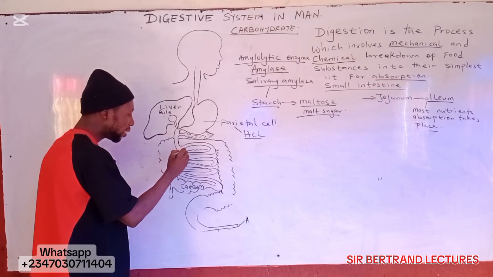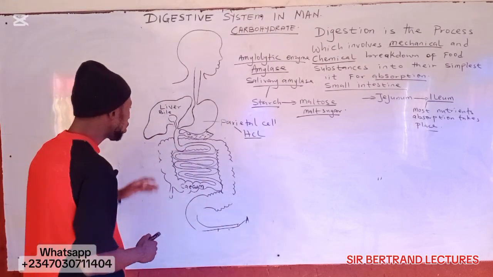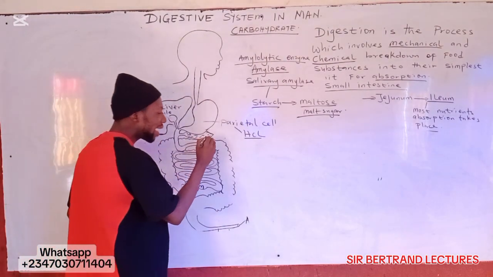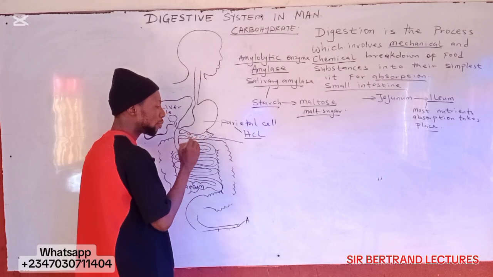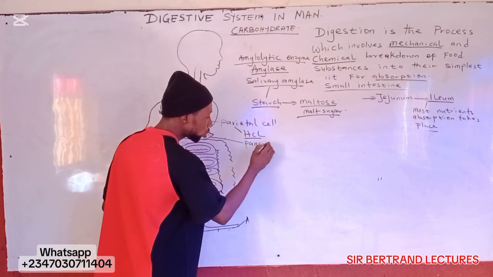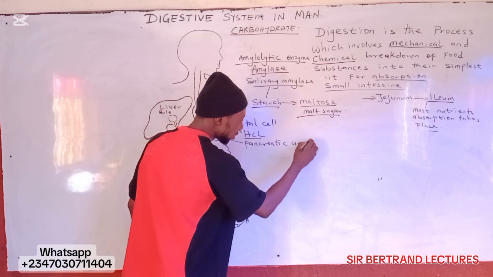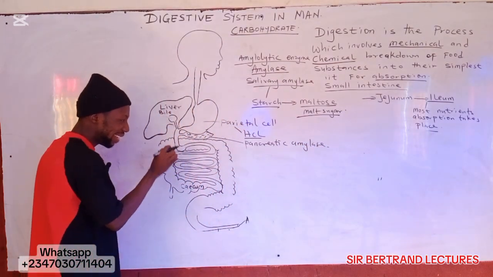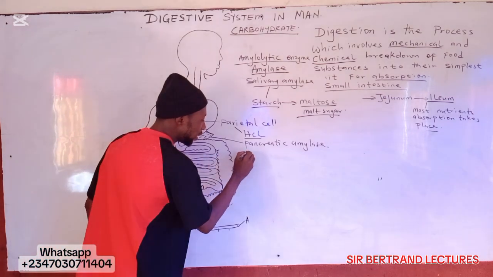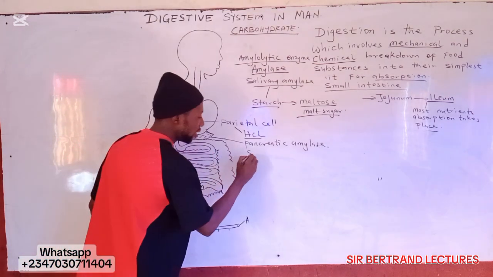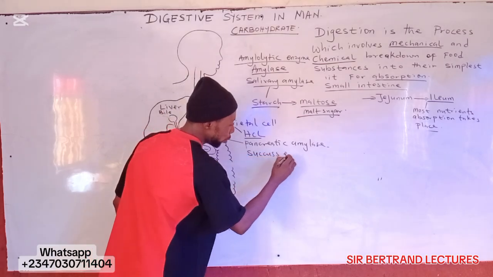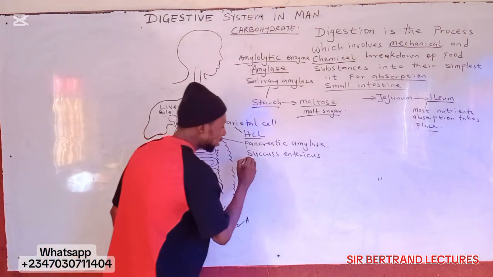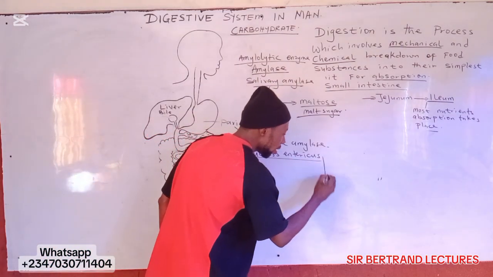Bile is also released here, which empties into the duodenum. Duodenum, as I said before, is the first part of the small intestine where most digestion of food ends. Now, this is the pancreas. I've labeled this before. The pancreas will produce pancreatic amylase. And the pancreatic amylase works here with the intestinal juice. This intestinal juice produced by the small intestine is known as succus entericus.